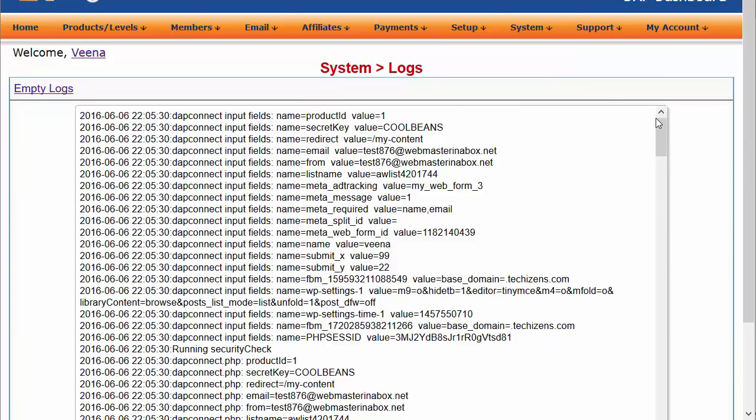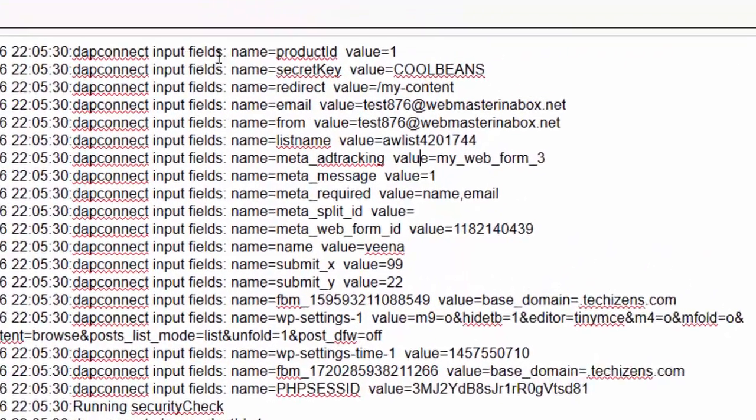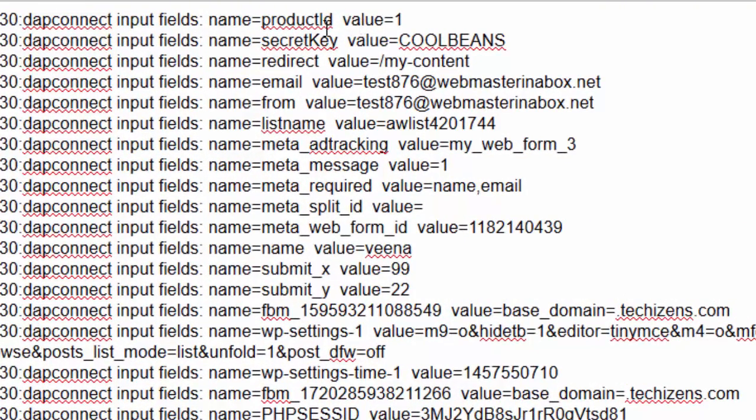But here, when you visit the DAP logs, you can see the field names that are coming in from Aweber. These are the fields that are coming in. Product ID, secret key. Remember, we entered these in the URL, in the DAP Connect URL that we set in the Aweber settings. So it doesn't matter what platform you use. I used Aweber for my testing. So whatever platform you're using, just enter that URL, run a test, and it will result in a call to